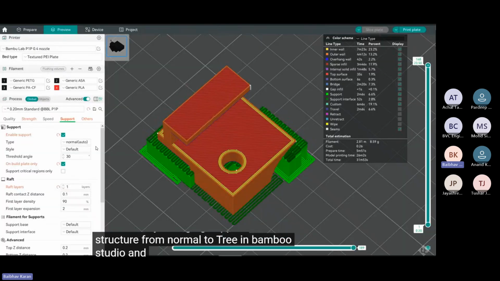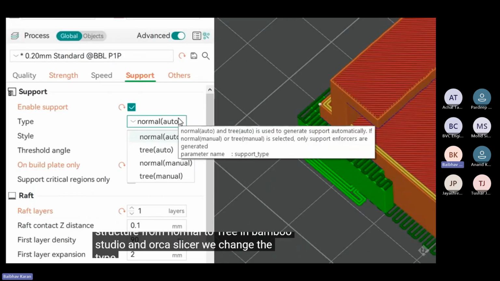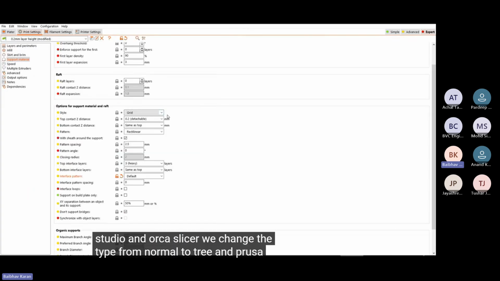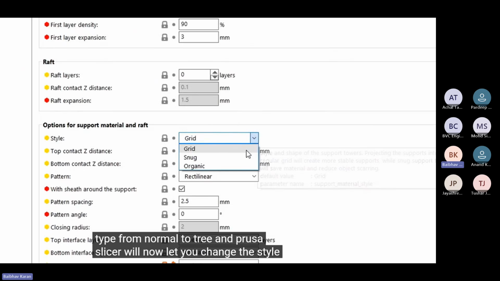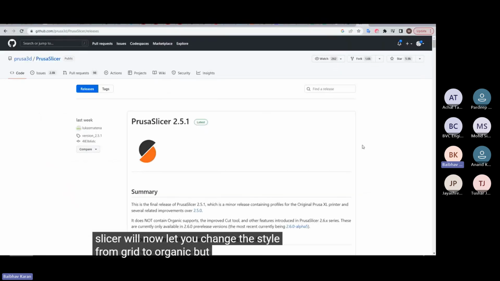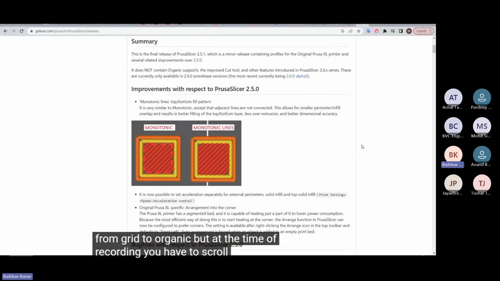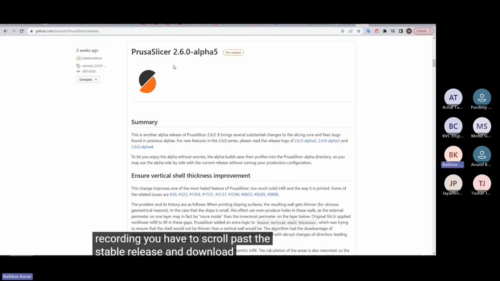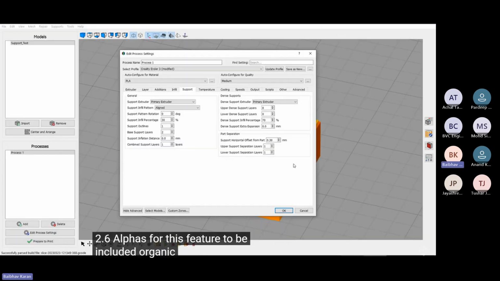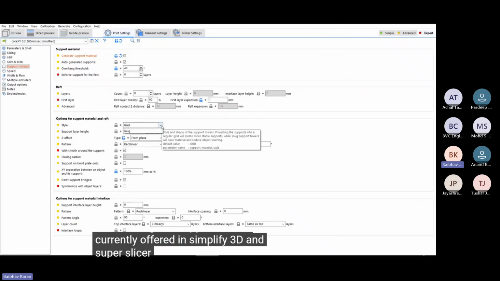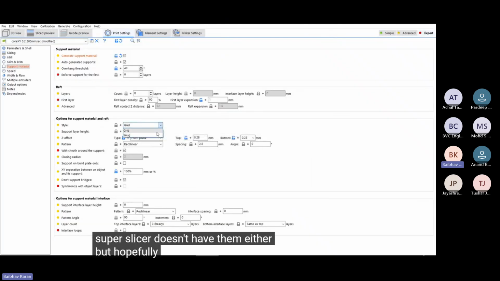In Bamboo Studio and Orca Slicer, we change the type from normal to tree, and Prusa Slicer will now let you change the style from grid to organic, but at the time of recording you have to scroll past the stable release and download one of the 2.6 alphas for this feature to be included. Organic supports aren't currently offered in Simplify 3D, and Super Slicer doesn't have them either, but hopefully this will be